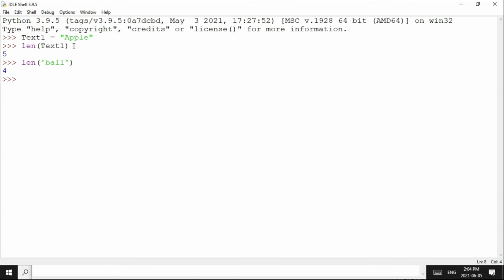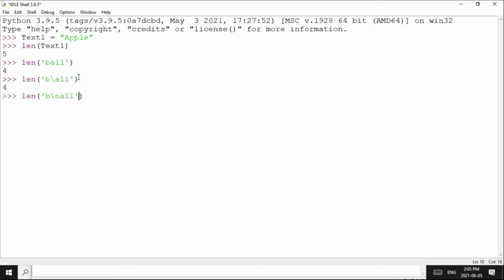But what about the escape sequence? What is the length of a string having an escape sequence? Let's copy it and let's type backslash a. When I type backslash, then backslash followed by the character together will be considered as the escape sequence. So there are a total of 4 characters in this string. Character number 1, character number 2, backslash and a together are 1 character, character number 3 and 4. In a similar way, if you write the length of /n ball.